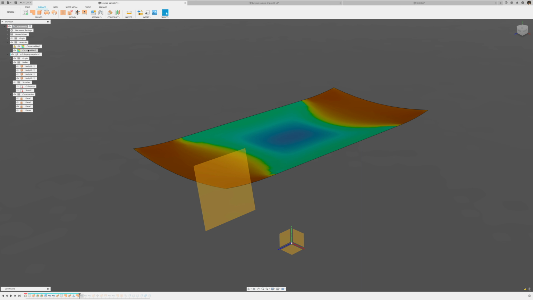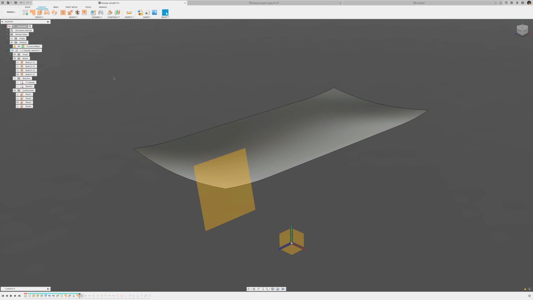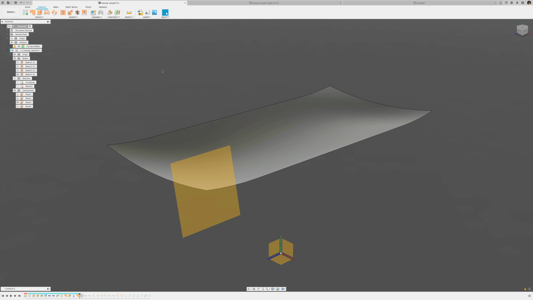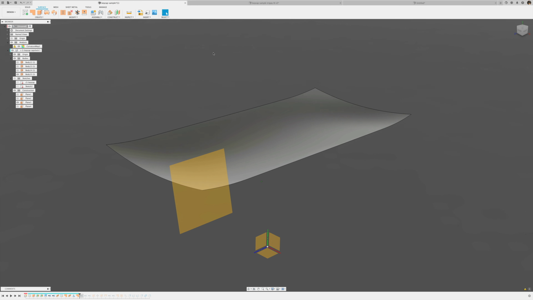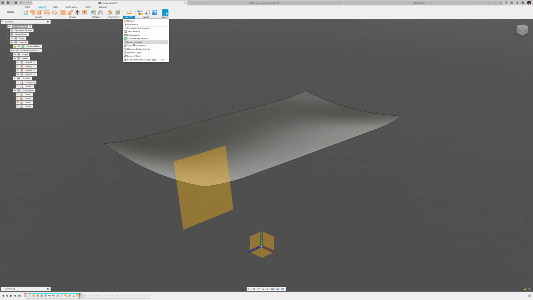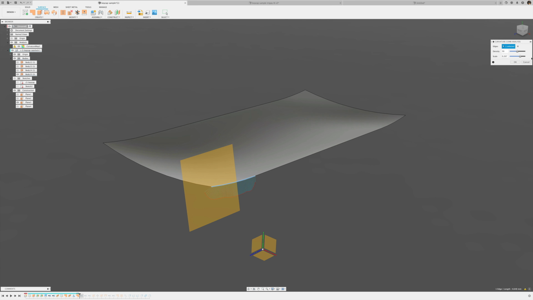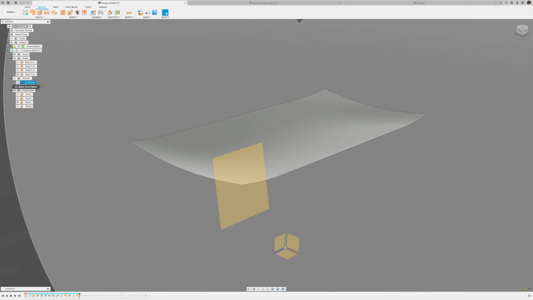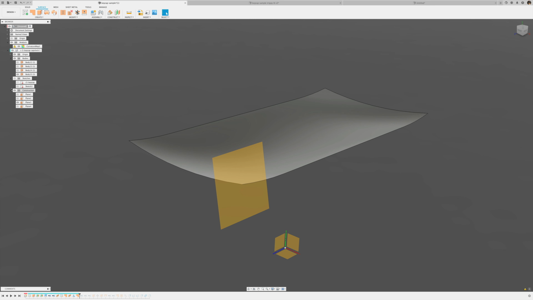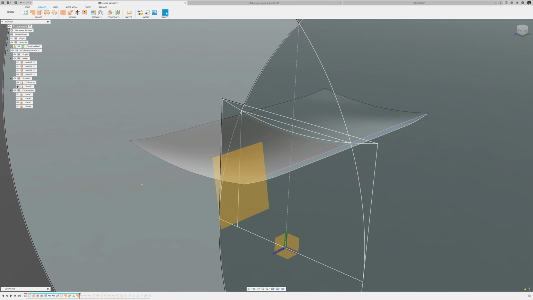So let me delete that curvature map analysis. For the moment, we don't need it. But the real culprit here is actually not the curvature, because that actually doesn't look too bad. It looks wavy, but it doesn't look unsmooth, if that's a word. Where the curvature breaks down is here at this edge. So remember how that edge came to be, right? That edge was created from these profile sketches,